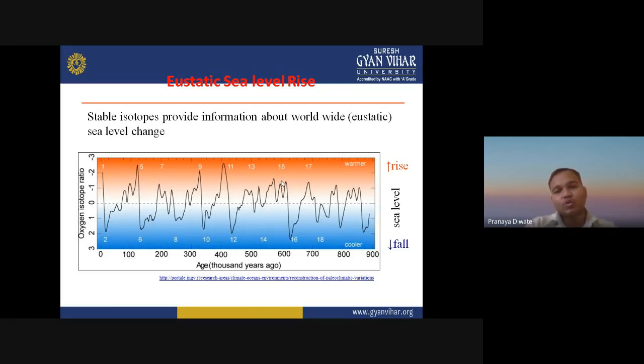If you don't know the paleoclimate of the region, you can't predict the future. A good amount of information is required for any futuristic trend. If you want to set any futuristic trend, you require a good amount of knowledge about past climate changes. So what climatic data do we have?